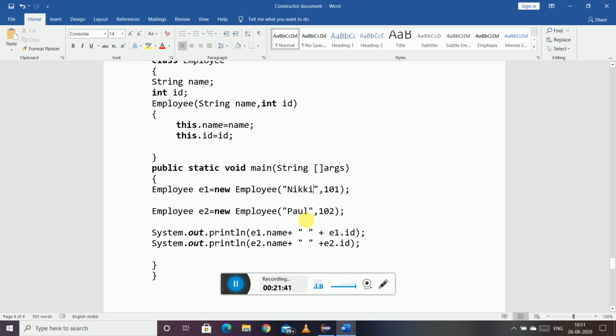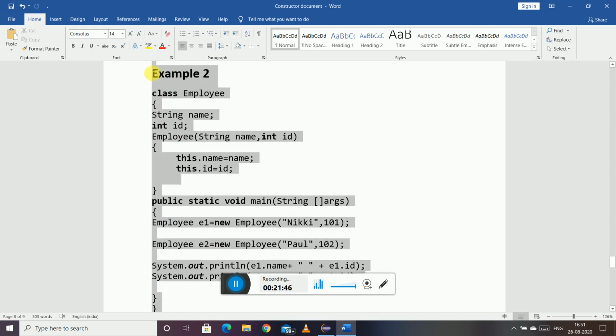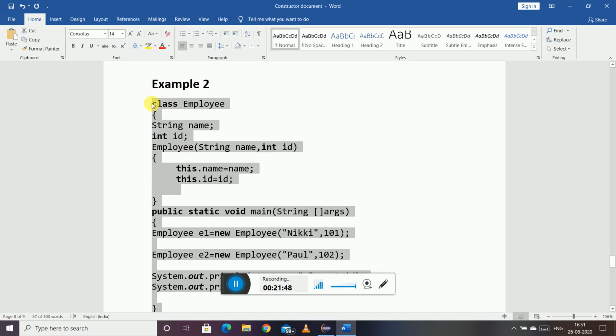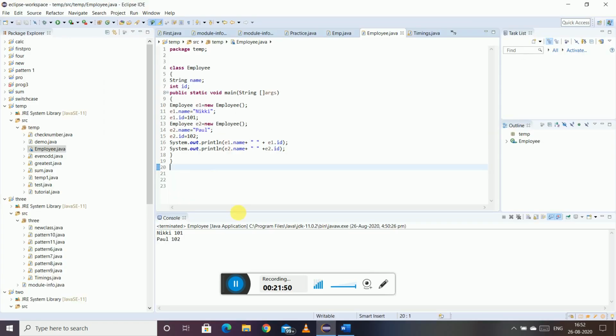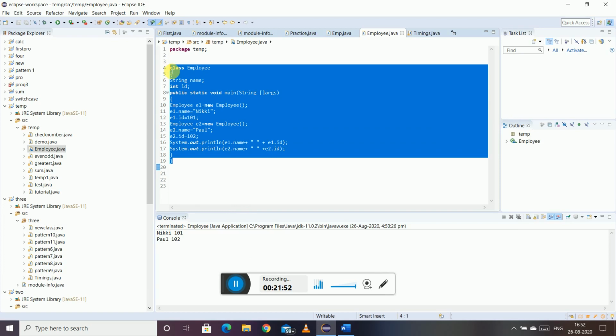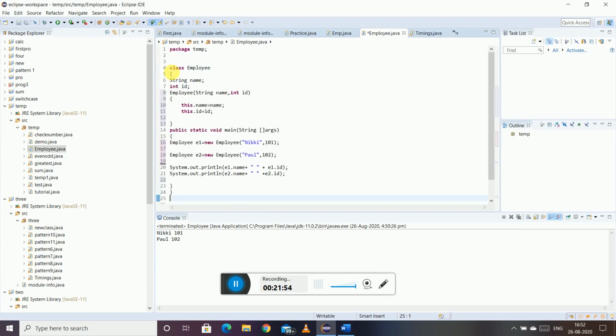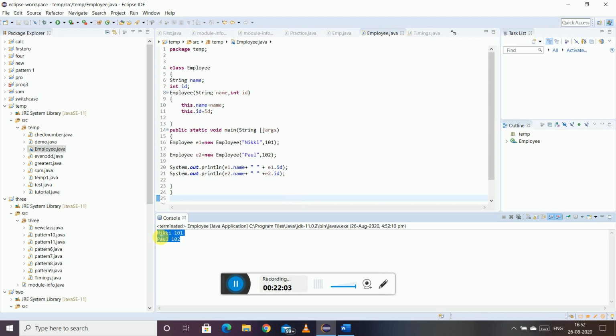Okay, so if you now print E1 and E2, again it will print the corresponding names and IDs. Okay, let's see that. So it will print that.